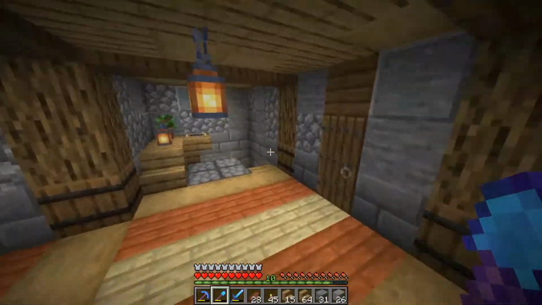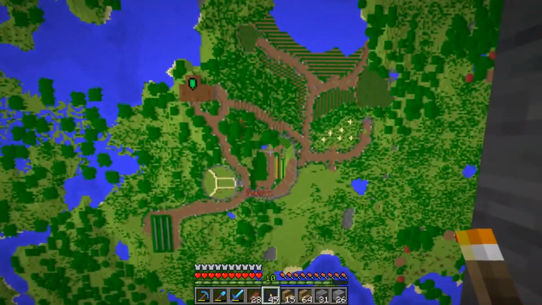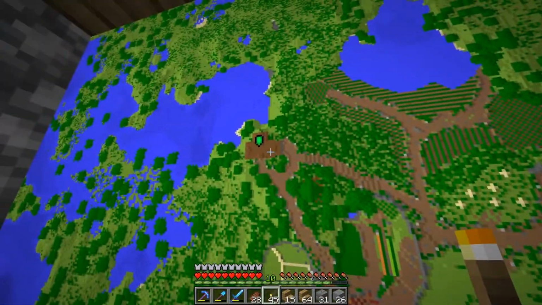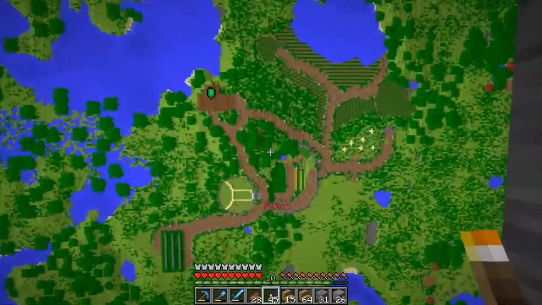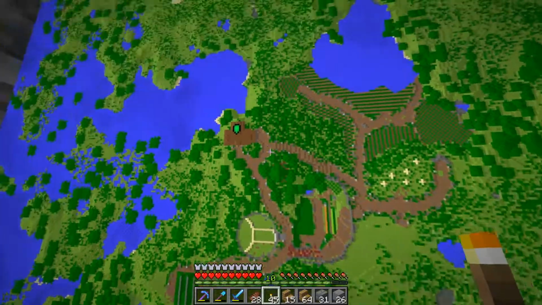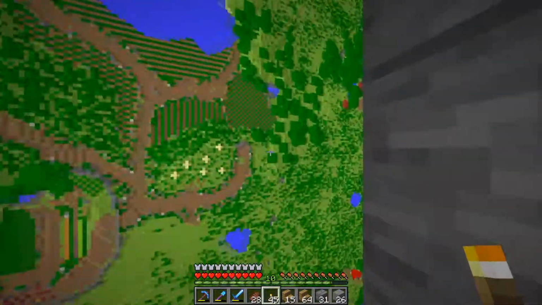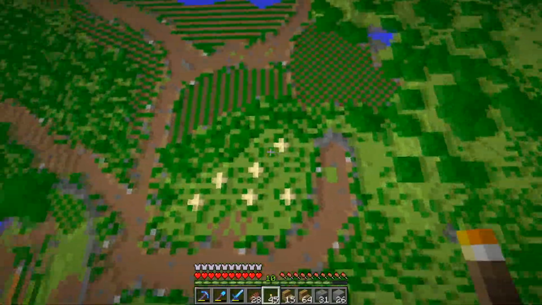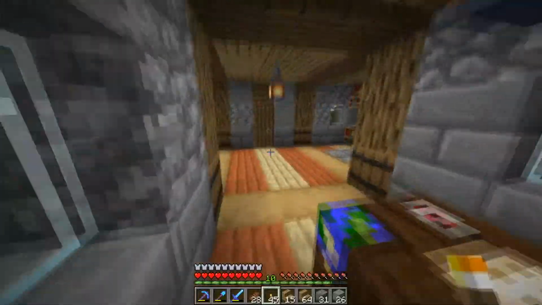Alrighty, so we're at the house really quick, and I want to show you guys. I know you probably won't recognize it as much as I do because I'm the one playing in the world, but I've added a new path that goes down here. And what do we have here? Oh, something in our little bee area. So if we walk outside,